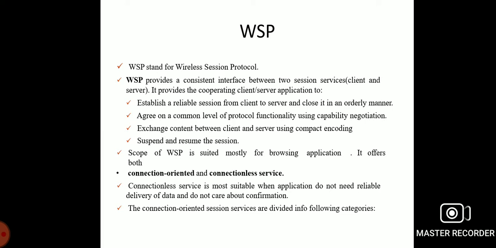With capabilities, the client and server can agree upon a common level of protocol functionality during session establishment. For example, the parameters to negotiate are the maximum client SDU size and maximum outstanding requests, and also the protocol options, server SDU size and content encoding. Now, the Wireless Session Protocol defines an efficient binary encoding for the content it transfers. The Wireless Session Protocol offers content typing and composite objects.